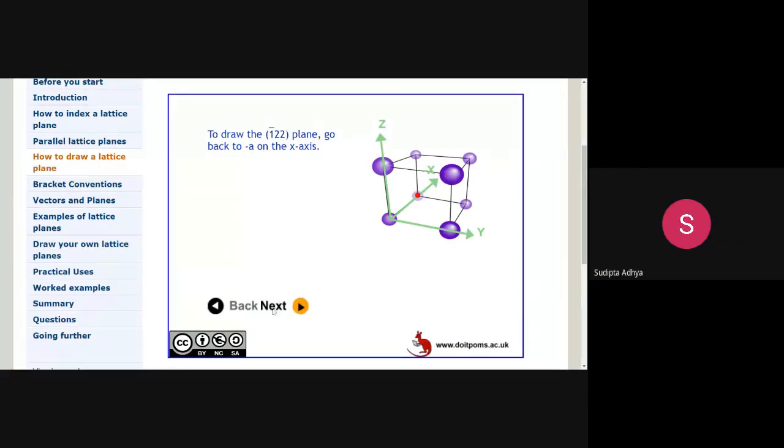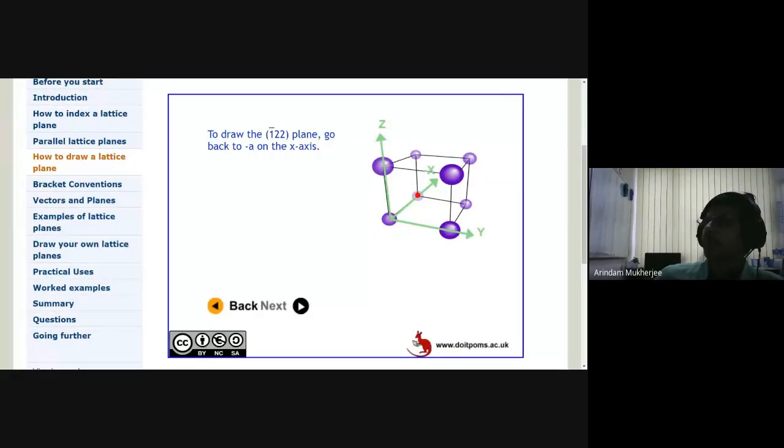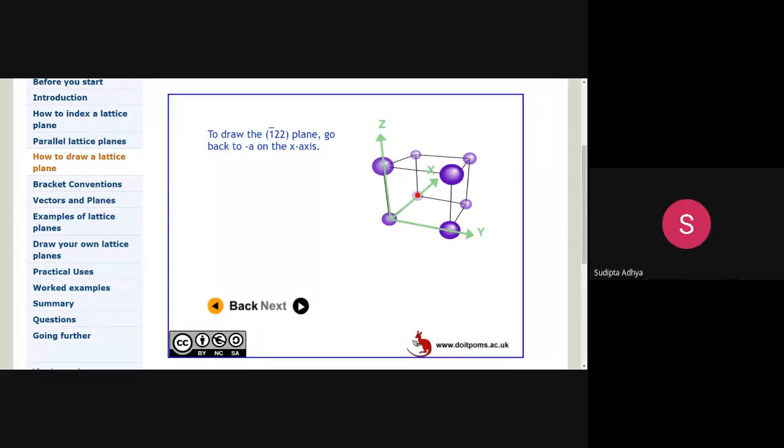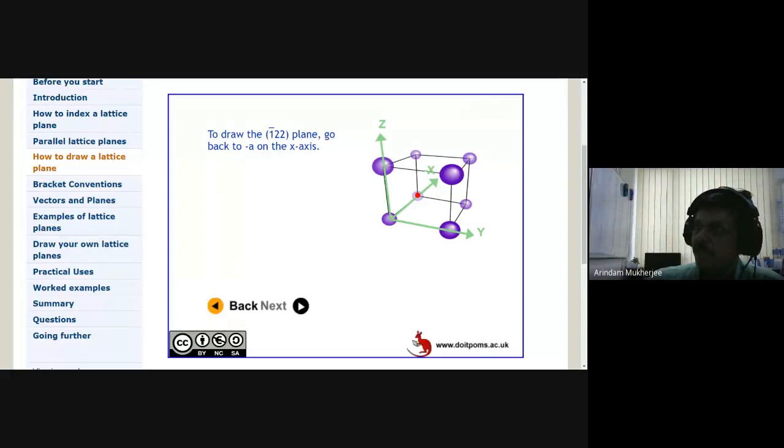Sir, I have a question. Yes. Parallel planes have similar Miller indices, but should we consider that the Miller indices of them are exactly the same? See, the Miller indices of parallel planes at a certain distance are exactly the same. That's what I proved, right? When I change the indices, did you notice the distance changed? So they are similar, but we shouldn't say it's exactly the same. Like, it is the same. Now I can simplify that plane, right?